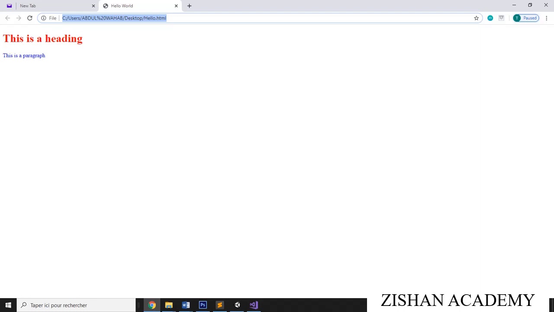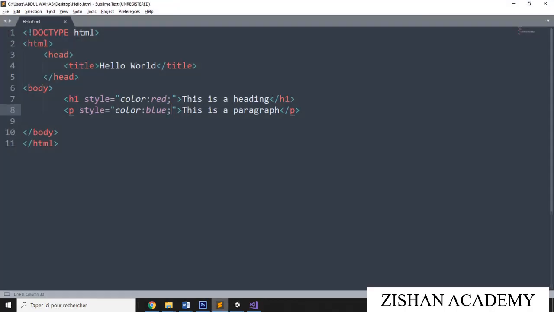The next one is internal CSS. Let us go to the Sublime editor. Now I am deleting the inline CSS from here. Now we will go for internal CSS.